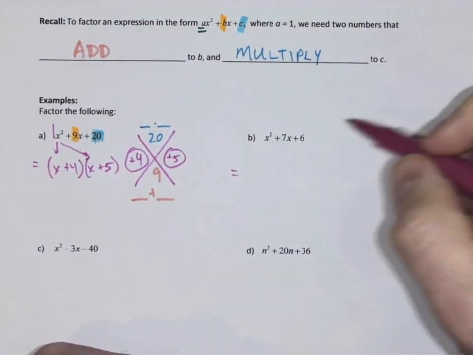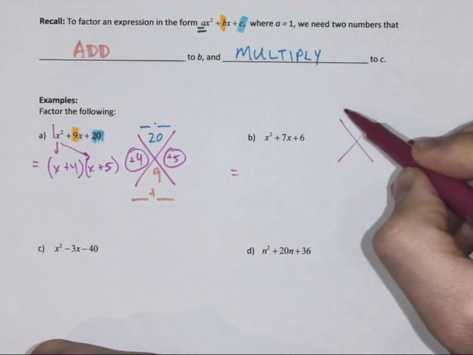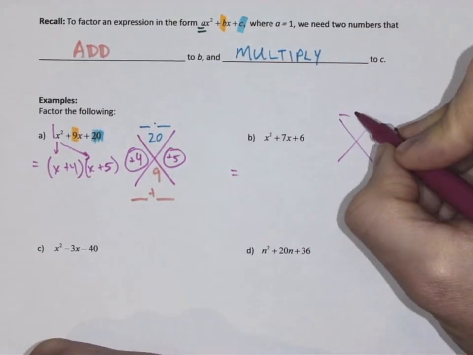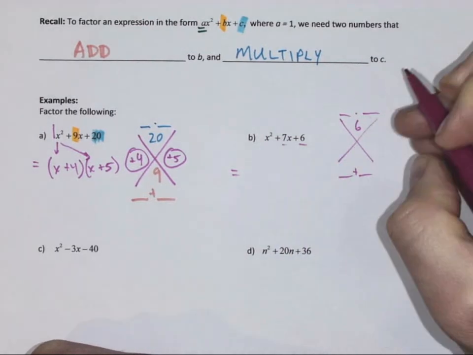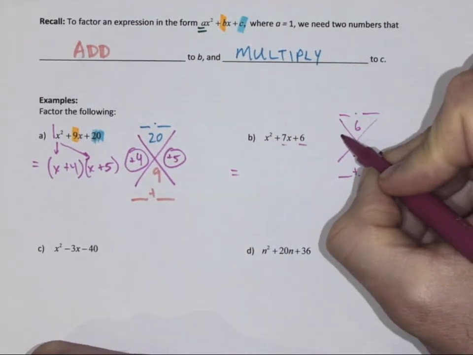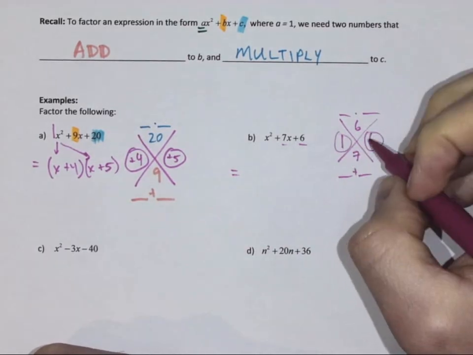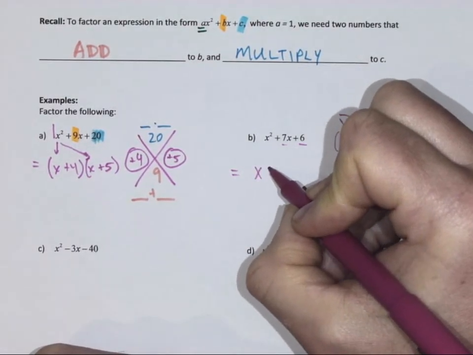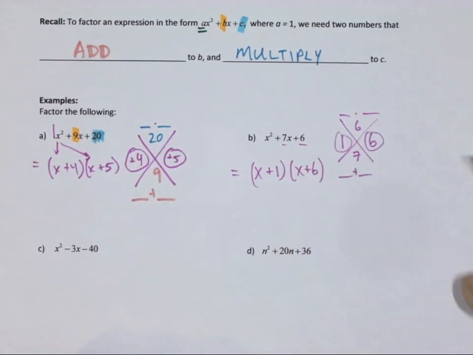So let's see. If we can't recognize right away, we set up our work. Two numbers that multiply to 6 and add to 7. Positive 1 and positive 6. Those numbers go right in the brackets. X plus 1, x plus 6. As you try the other two examples,